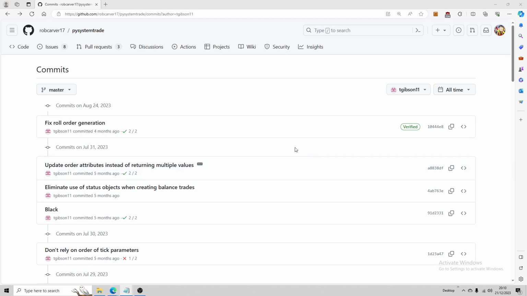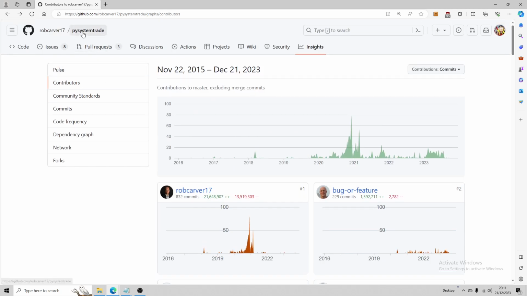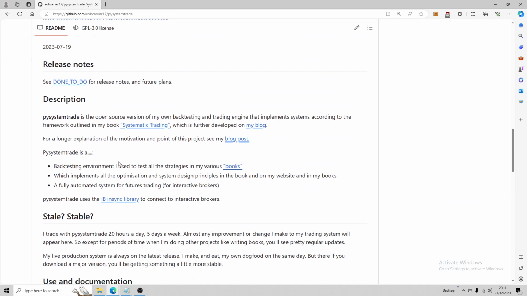I imagine this collaborative system could be, on the one hand, really annoying for Rob, and on the other hand, very useful. I know from personal experience, if you've got multiple authors on the same document, you can end up in a muddle. For instance, the README file, page 1. There's obviously been some changes made over the years. PySystemTrade is a ... which implements all the optimization and system design principles in the book and on my website